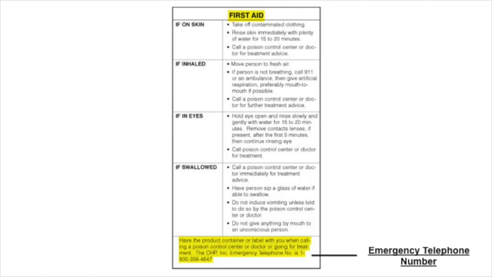If you need it, there will also often be an emergency telephone number on the label. This is pretty self-explanatory. If you're uncertain of how to handle a situation, just pick up the phone and call. That's why it's there. Finally, the safety information section, you will find the re-entry statements when it's safe for people to re-enter an area